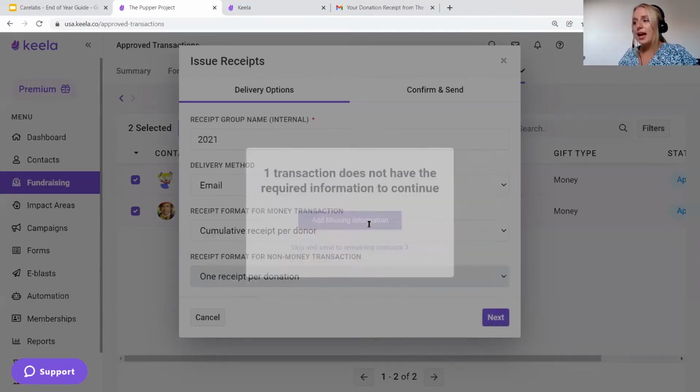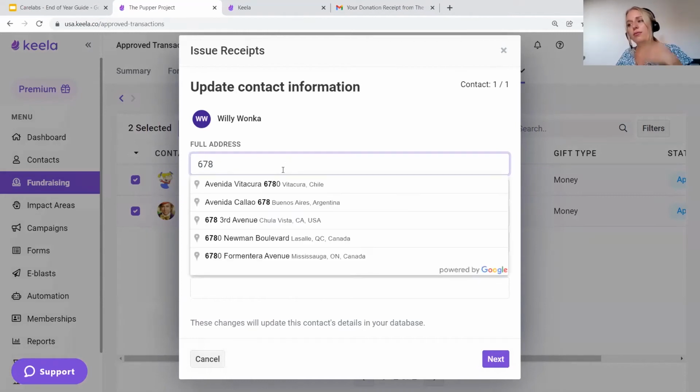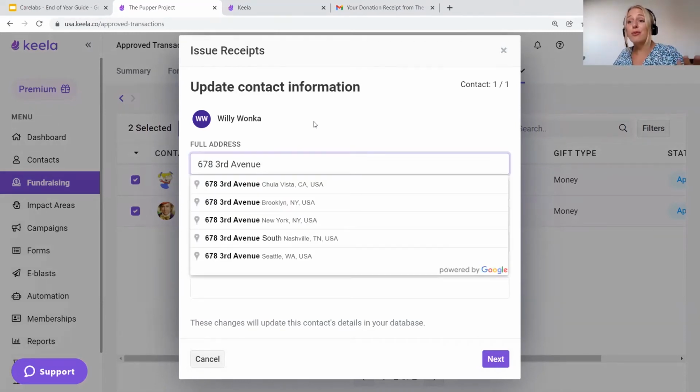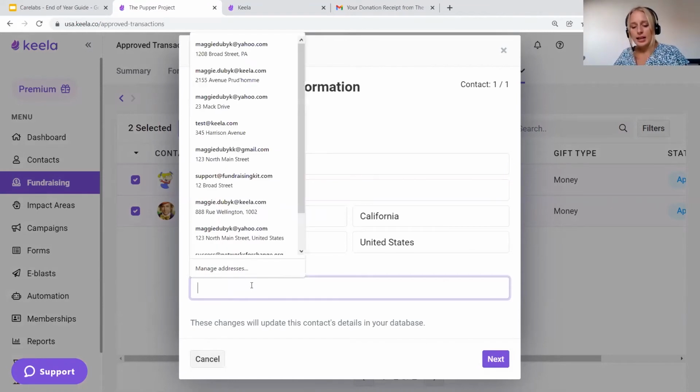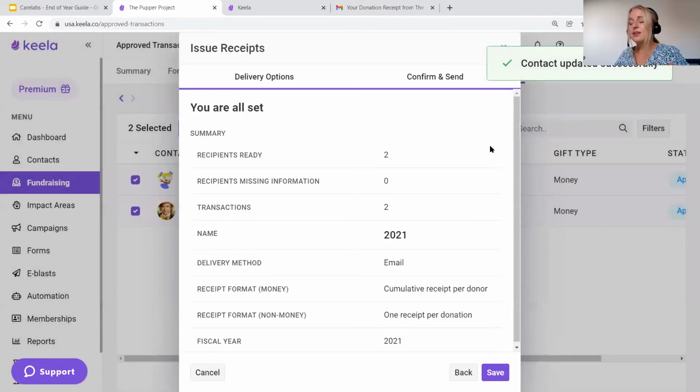So if I press add missing information, it's going to pull up that contact automatically where it's missing. And I can see right from the jump, there's no full address or email address for this particular contact. So maybe I'm going to use some sort of white pages or something to find their address, or maybe I have their phone number and I can reach out to them. I can also see I need an email address. Okay, there we go. And then once I enter that information, I can press next and the contact was updated